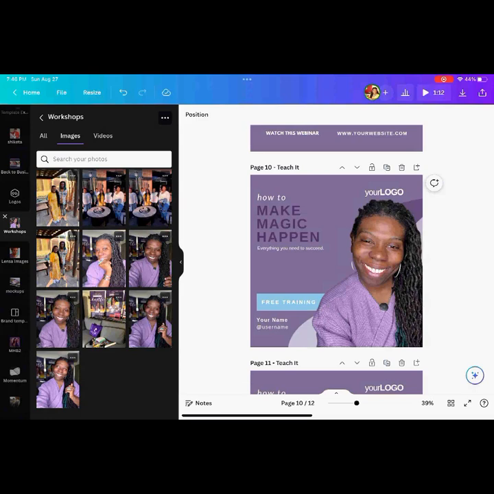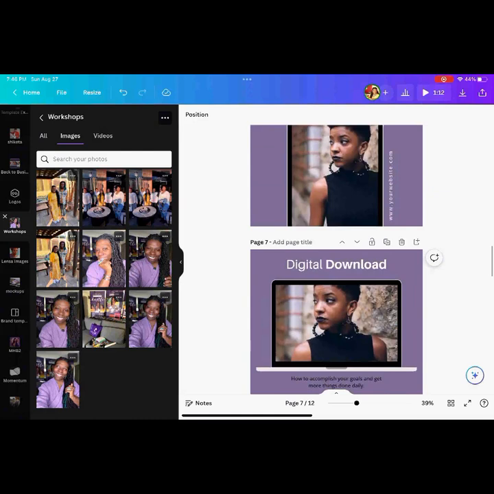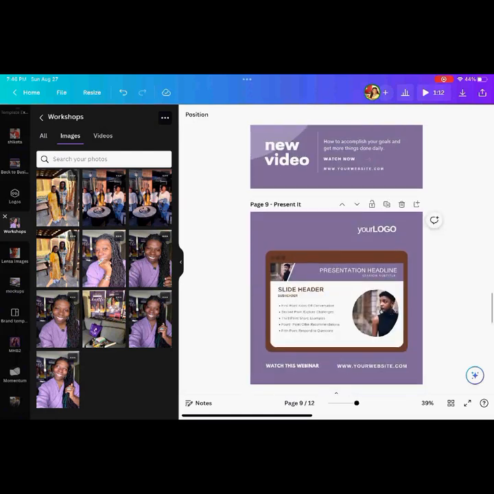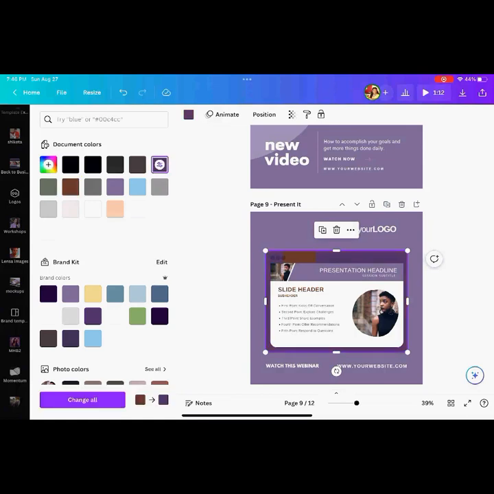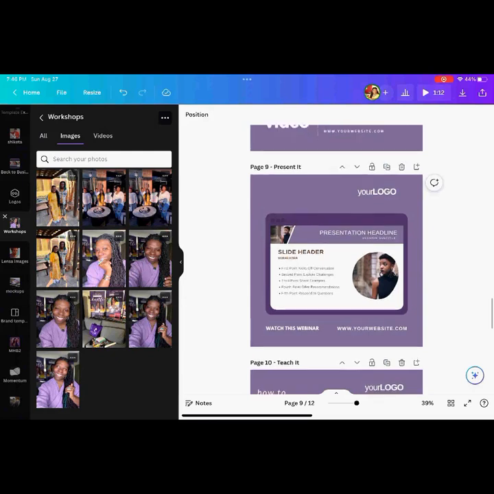So your own photo, a stock photo, the photo that's already in the graphic, just a few options for you, right? And this one, I'm just doing a little bit of branding here so it matches the other ones.